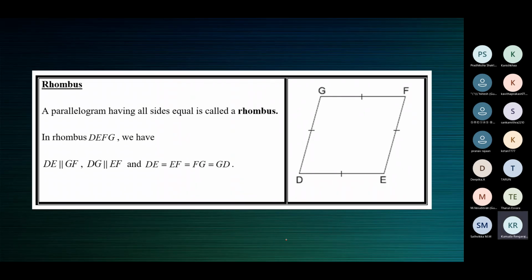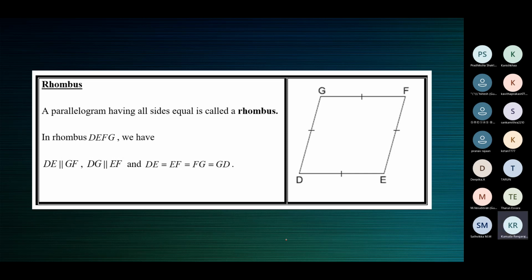And what is that special property it has other than being a parallelogram? All the sides are equal. Not only opposite sides are equal. In a parallelogram, only opposite sides are equal. But here, you find that there is a quadrilateral which is a parallelogram, but not only opposite sides are equal, all the sides are equal. So you call it a rhombus. If a quadrilateral has all the features of a parallelogram and this extra thing that all sides are equal, then that parallelogram is called a rhombus.